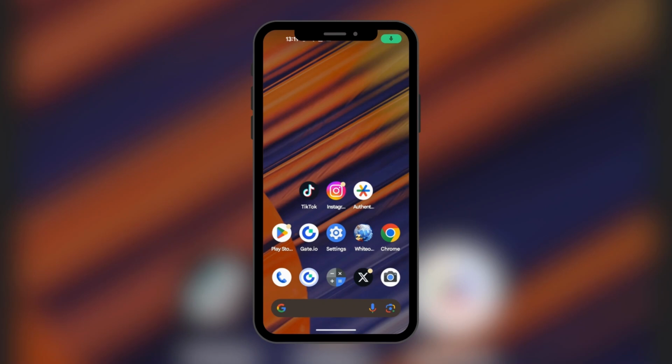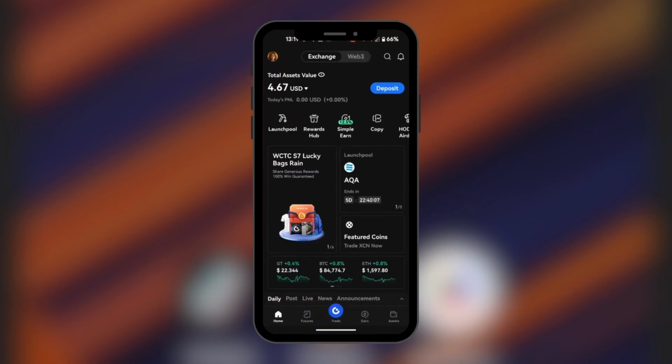Hello everyone, in this tutorial we'll be showing you how to buy Super Trump coin. In order to do this, we will be using the platform called Gate.io. When we open our Gate.io app, which can be downloaded in the App Store, we're going to go over there